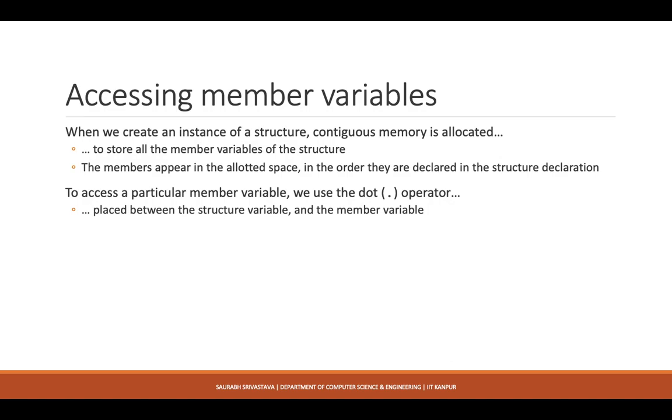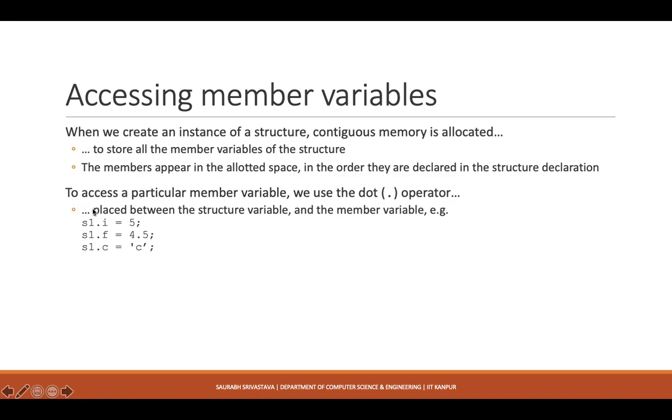To access a particular variable, we can simply use another operator called the dot operator. Again, the dot operator is there, but it is also used as an operator to access a particular member. And how do we use it? We simply put it between the structure variable and the member variable. So let us say I created structure variables called s1 and s2. If I want to assign certain values to the member variables of s1, all I have to do is s1.i, s1.f, s1.c, right? So these are the member variables, and these are the names of the structure variables, right?